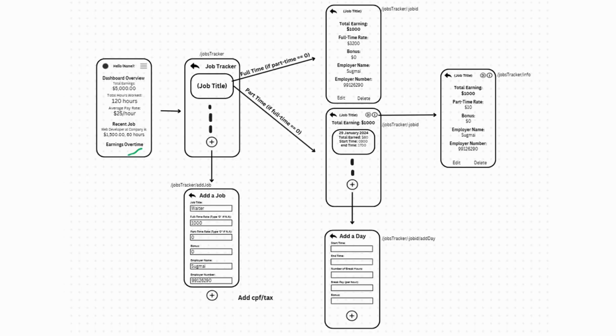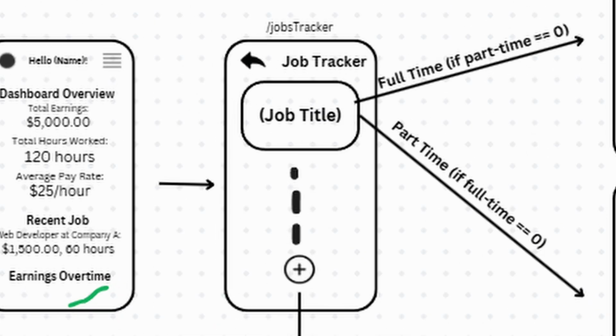This is episode 3 of creating my very own finance app. After learning the basics of creating a full stack app from my dummy project, I feel that I'm ready to start my very first real project. As a refresher, this is currently what I'm making. It is a job tracker which is part of a finance tracker app, where all the jobs will be displayed